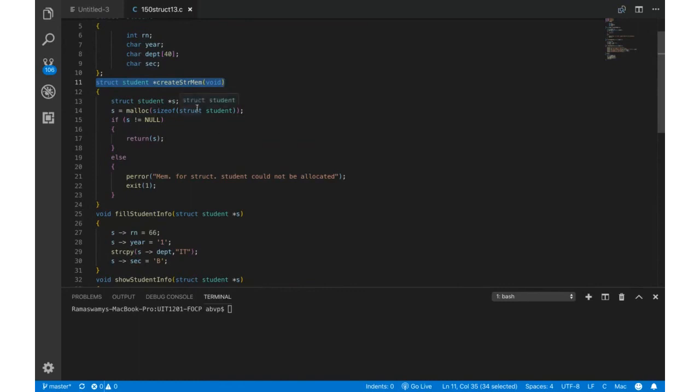So within this particular function, we create a new structure pointer that points to student and dynamically allocate memory. If the memory gets allocated successfully, we return it, otherwise we print out an error to the standard error stream.